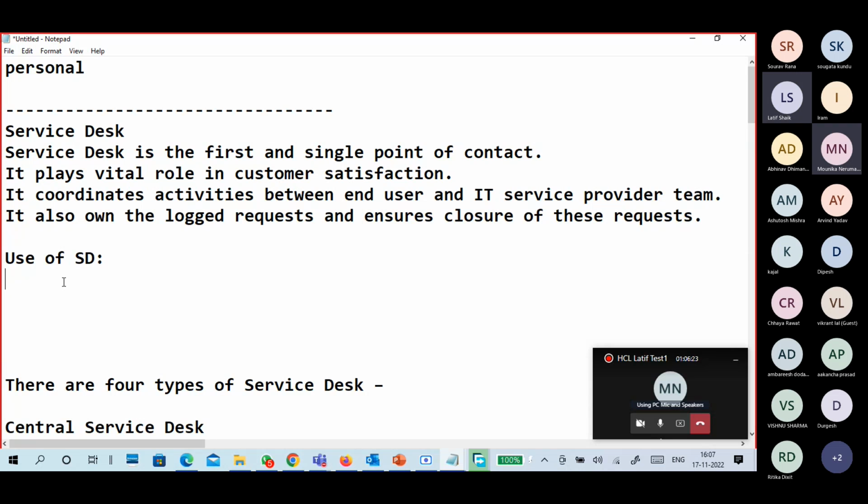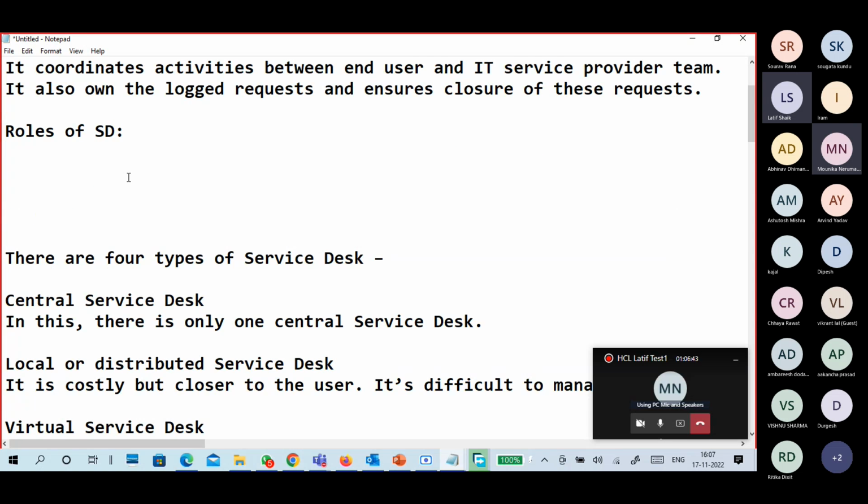Creating a ticket, managing the ticket, following up the ticket, closing the ticket. These are all uses or roles of the service desk. I'm not writing it again; I have already given that service desk thing.